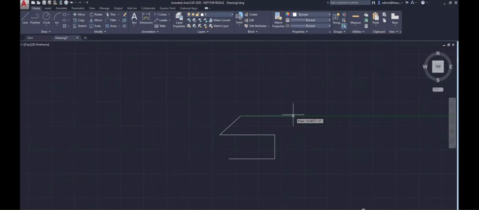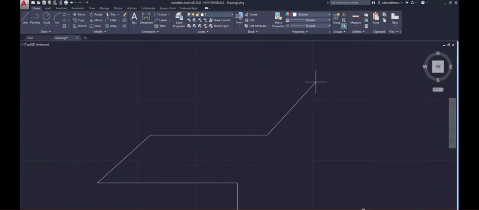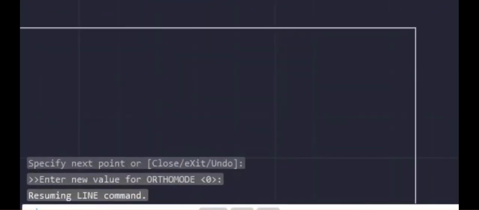easily. So in this case, let's just make another line of length 100. So I'm going to go to 100 and enter. Now this length is again 100. And now from here, I want it to incline at an angle of exactly 30 degrees. So now instead of typing 30, I'm going to type this angle sign. Now this angle sign is on your keyboard. It's right next to the M key. So just press and hold shift key, and then press the angle sign key and it will